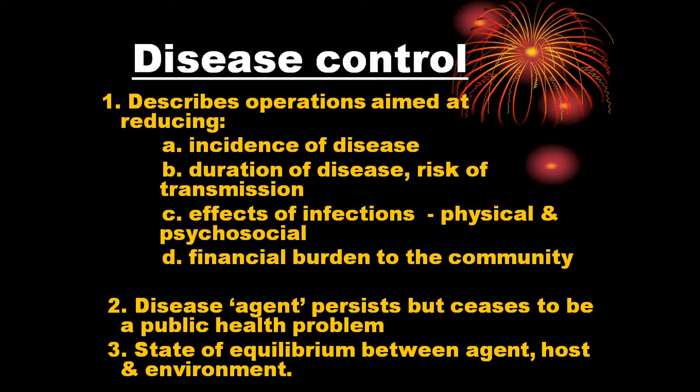Why am I asking is because the electricity went out here. So disease control, it describes operations aimed at reducing incidence. We all know what is incidence by now. We all know what is duration of a disease. That in the present pandemic, there is a duration. After you get exposed to the virus, maybe you take some time to get the disease. And we described it nicely in the last class when we talked about the natural history of disease, which is again a long question in itself. It's a very, very important part that you must know.